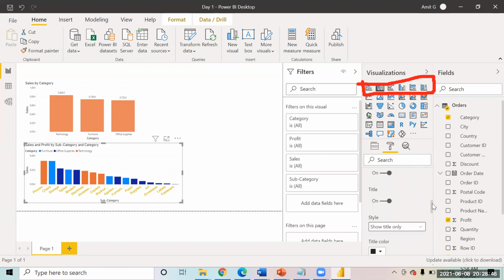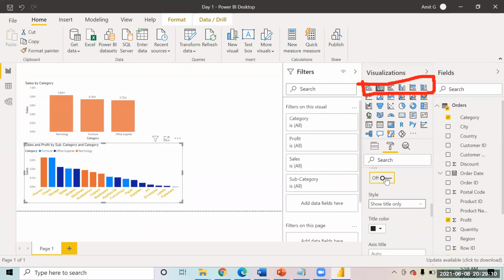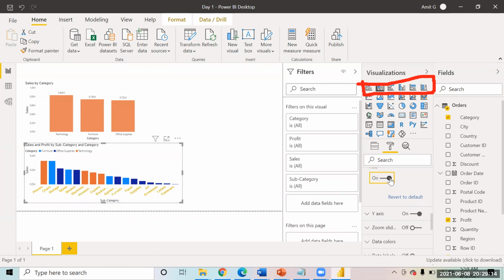I'll just leave it up to you because they are very simple, and I will keep exploring these formatting options with different charts because you will find these options very similar in most of the visuals that we will be creating, right? Same way you will find the y-axis. Like this is the title in this chart. See, the title is this subcategory that is written. If you don't want to show this subcategory, you can turn it off also. If you turn it off, that subcategory, the name of the field which is on the x-axis, will not come. So you can use this.